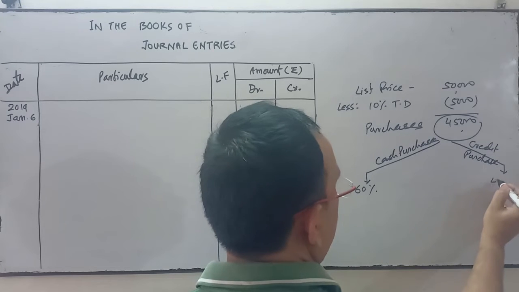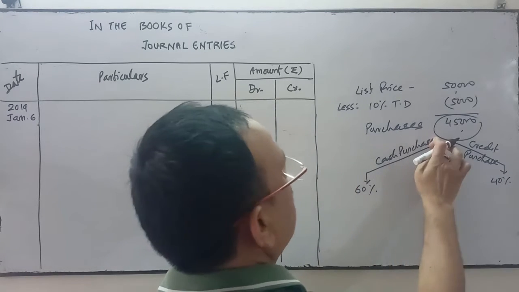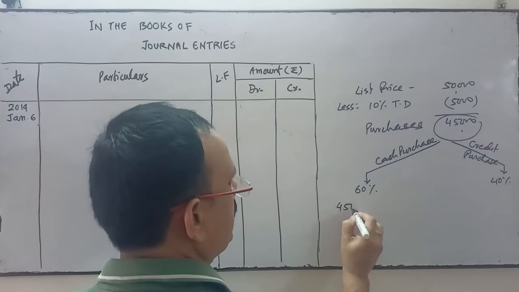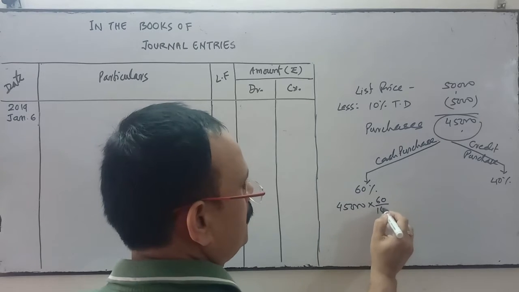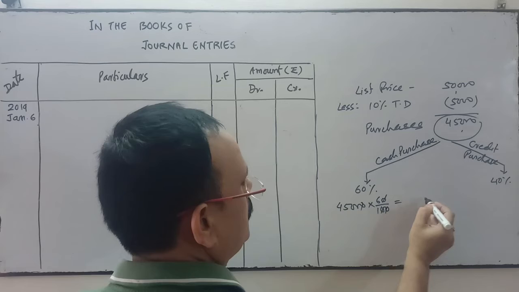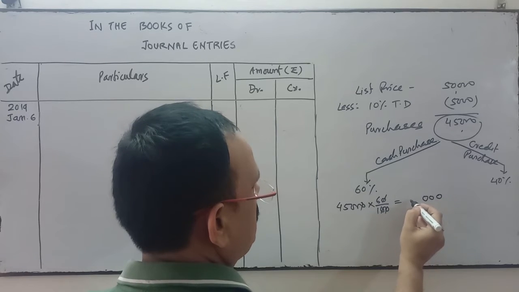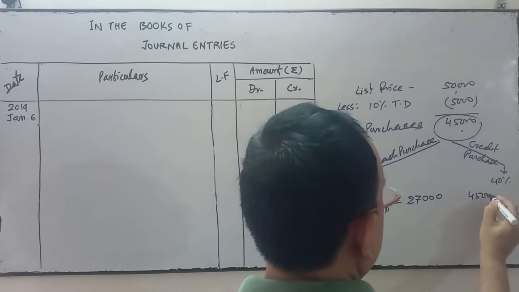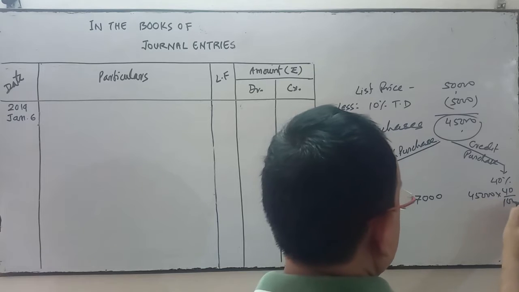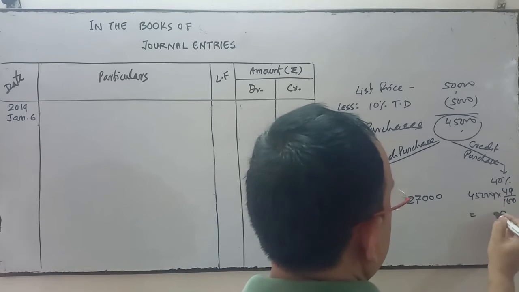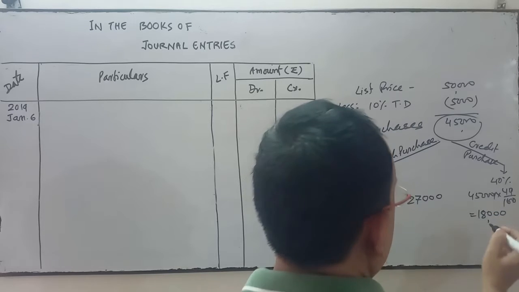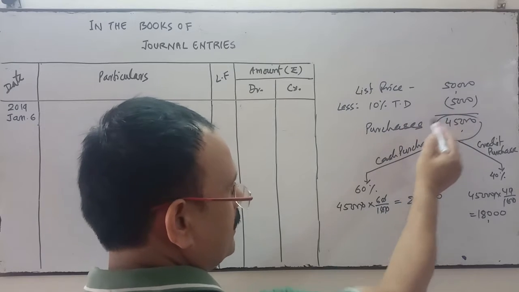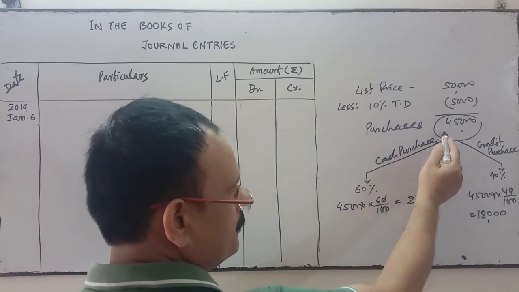So credit purchase is how much? 40% is your credit purchase. And this one is your cash purchase. So 45,000 into 60%. 60% of 45,000 is 27,000, and here 45,000 into 40%, then it is how much? 18,000. So the list price is 50,000, trade discount is 10% of 50,000, then purchase will be considered